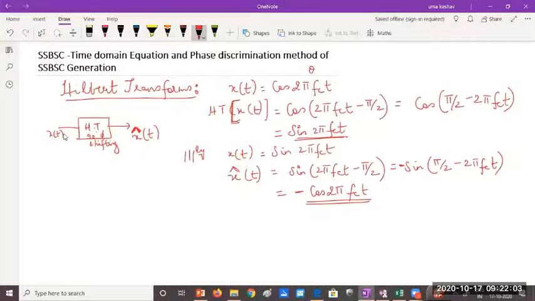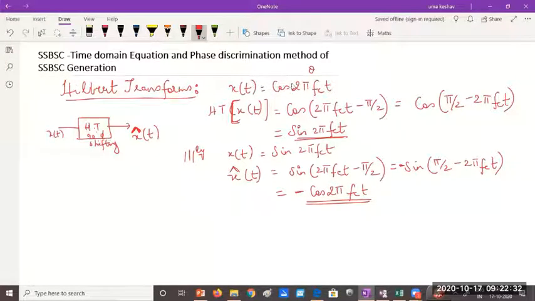So please remember these two transformations. Given a signal, if you need to find the 90-degree phase shifted version of the signal, or a signal which has a 90-degree phase lag with the given signal, then we apply something known as Hilbert transforms. There is much more to Hilbert transforms. I'm not giving you the exact equation and everything. I'm just telling you in the simplest form how to find the Hilbert transform.